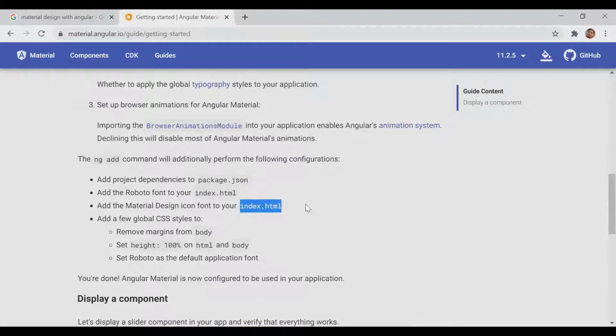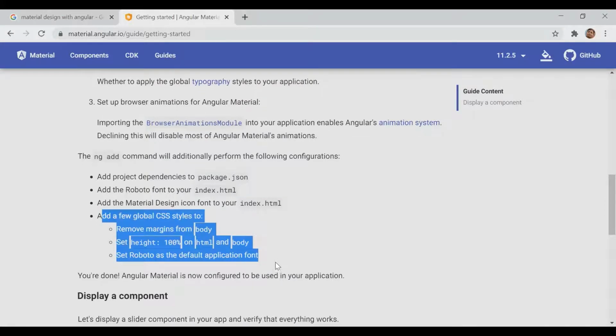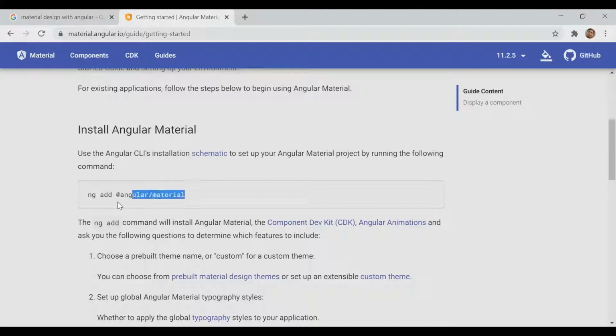So index is the main page on which all the pages will land. Angular index is a kind of platform. It is a kind of runway where all the planes will come and then run. So this is the main page in Angular. Then some CSS will also be added. So these things will happen after running this command.